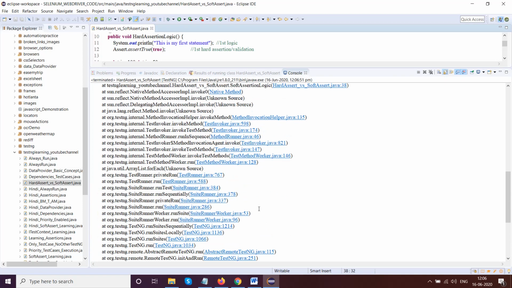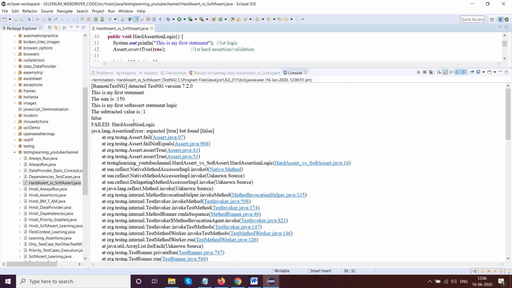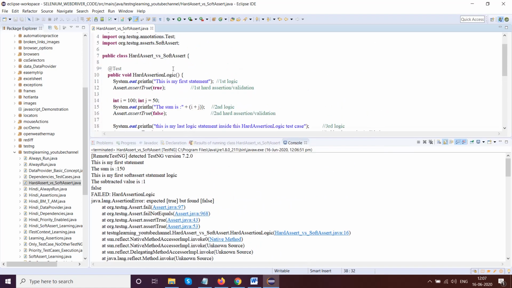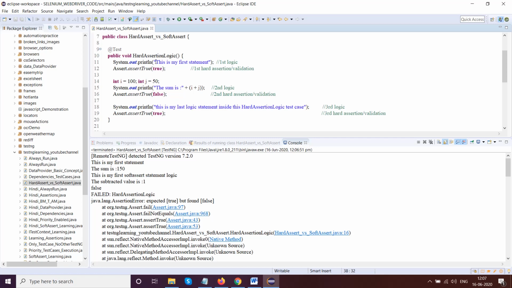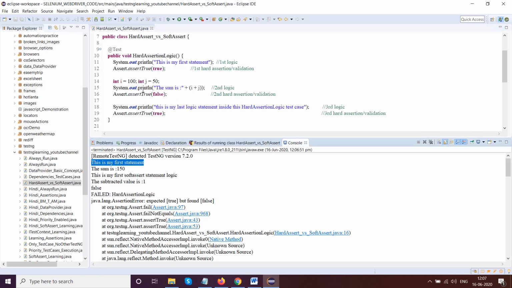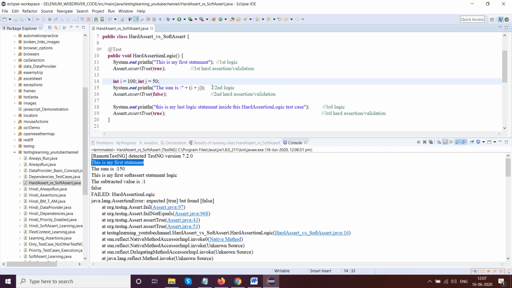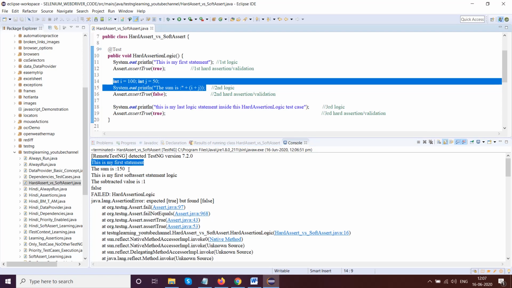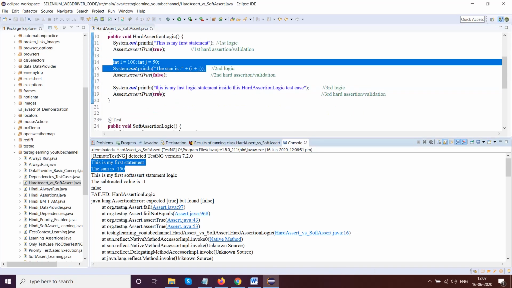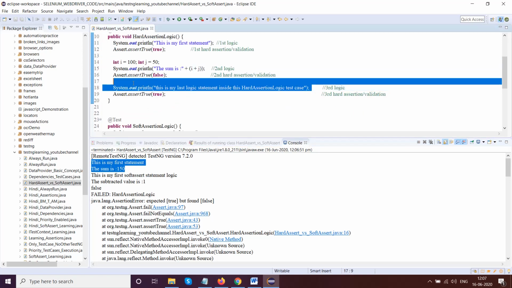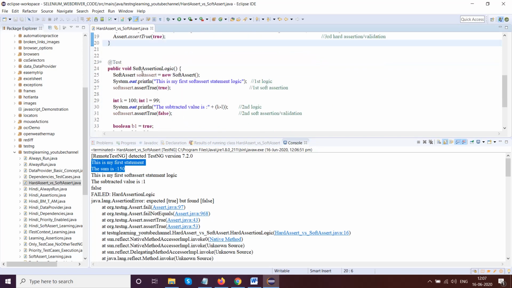The test runs with failures. Let's go step by step. This is my first statement, for the hard assert. It came. This I plus j 150, it came. Now hard assert will ignore this. You know already why. Now it came to soft assert.